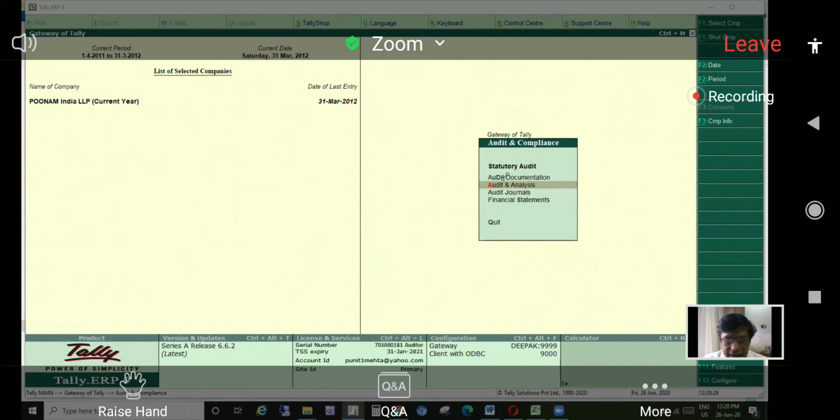Mukesh has asked, can optional vouchers be used for preparing cash flow forecast? Yes, they can be. We can take it up maybe tomorrow for MIS purposes. Kamlesh, your question regarding maintaining audit working papers while doing a ledger scrutiny, entry wise scrutiny: yes, we are going to do this precisely from now. We are going to jump right into the audit tool, audit and analysis.